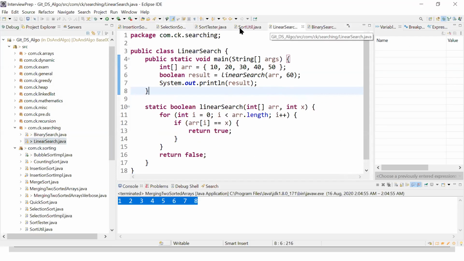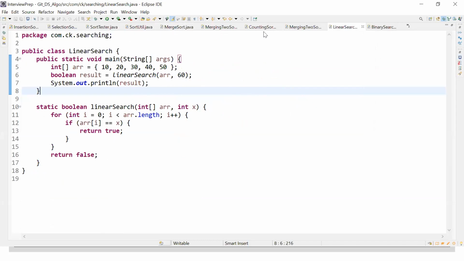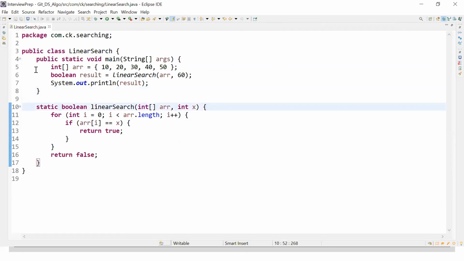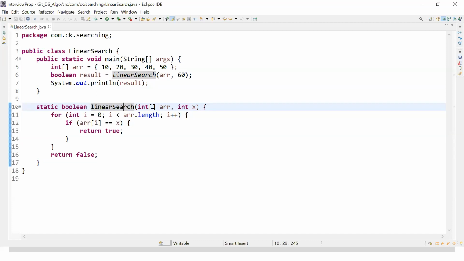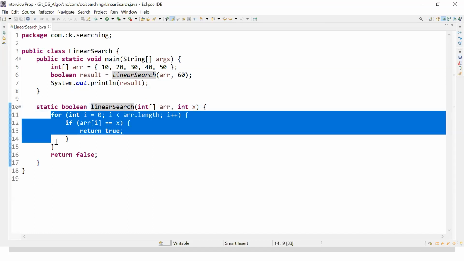This is my linear search program. Maybe I'll close all the other tabs, right? Close others. Forget about this main method over here. So what we did is, there is a linear search. This is a method, right? What is it expecting? It is expecting an input array, right? After we have an input array over here, what we try to do is